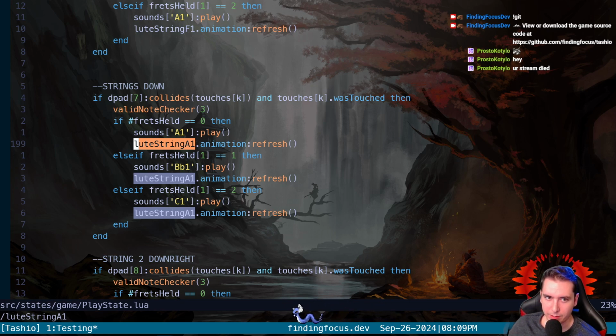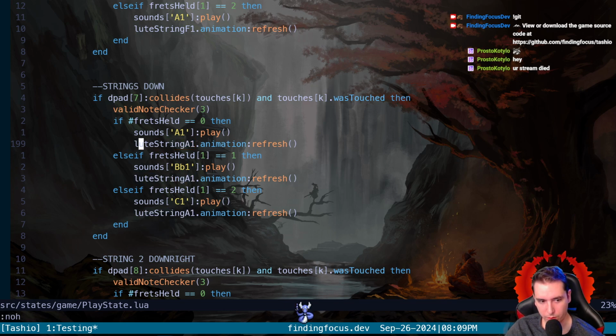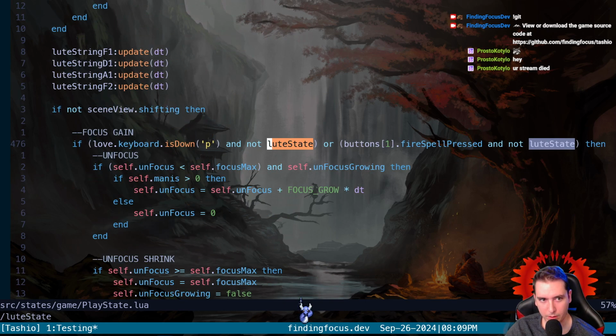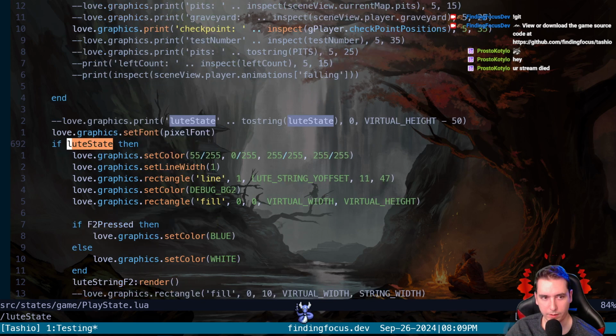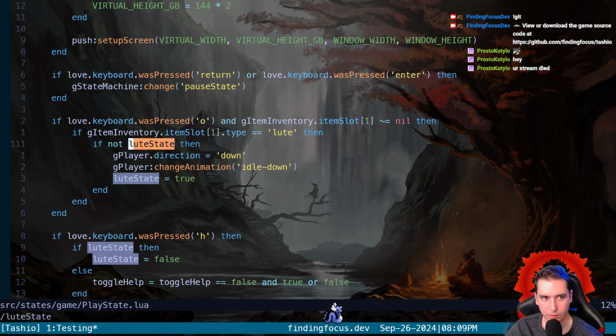We have to find where we toggle Lute state, which we can find by just searching for Lute state, you know? So we toggle Lute state where? Lute state's false, if not Lute state true.